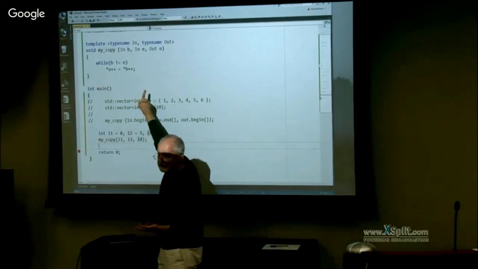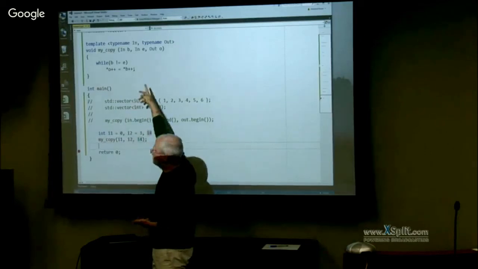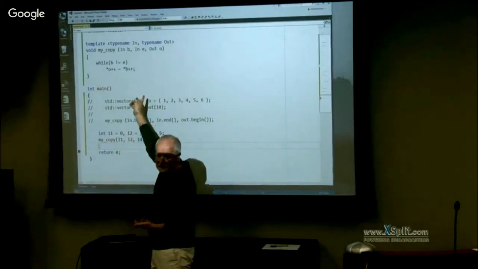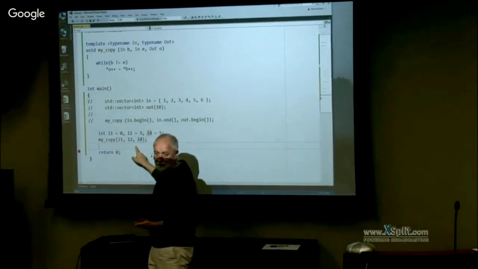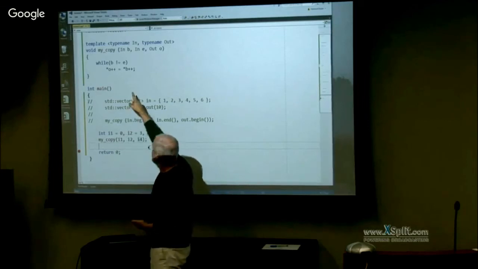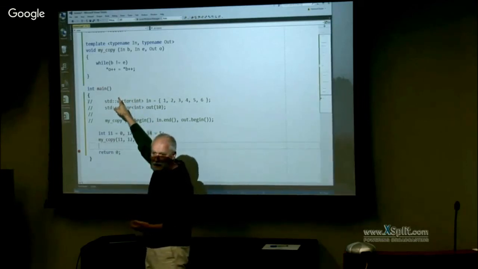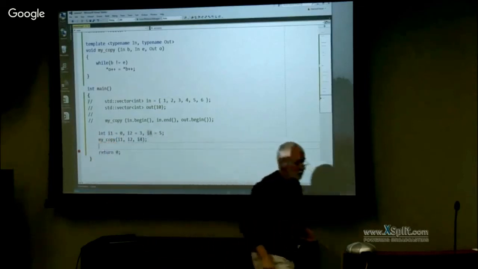Formally, everything's fine. The first and the second argument have the same type. So the compiler should consider that function as an overload. But what will happen? The compiler will start complaining about what? We're complaining that we don't have a dereferencing operator for ints. Let's see if that really happens.